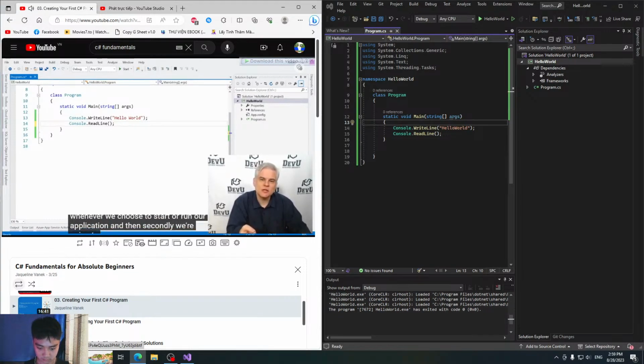And then secondly, we're going to talk about the syntax of the C# code that we wrote, and we'll learn more syntax rules and more keywords as we go along. So if precision is so very important in C#, then you're going to need to have some explanation as to what all those little words and symbols actually mean, and some rules to guide you as you're writing your own code. It's really easy once you get a few of the basics under your belt.